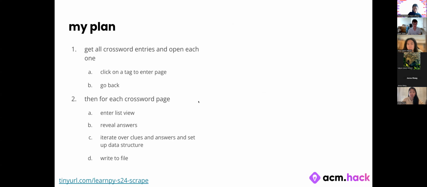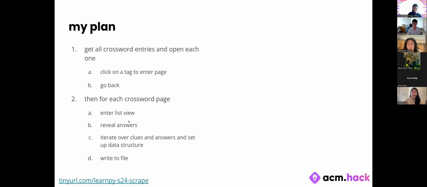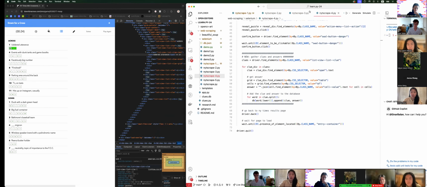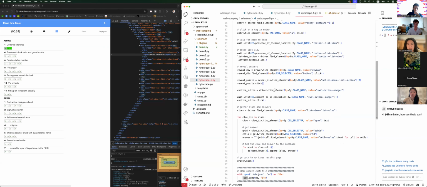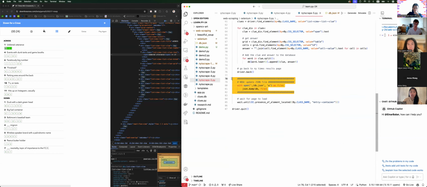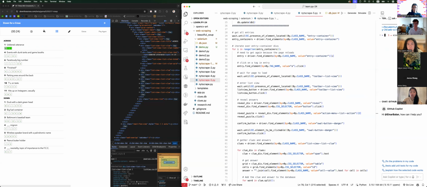We have one last step, which is to write to our file. So we want to write to some JSON file so that we can maintain our database over time, and then potentially search within it. The way to do that in Python is not too bad. We can just use this with open, first load the database if it exists, and then write to it on each iteration as we progress through our web page. So if I run this,